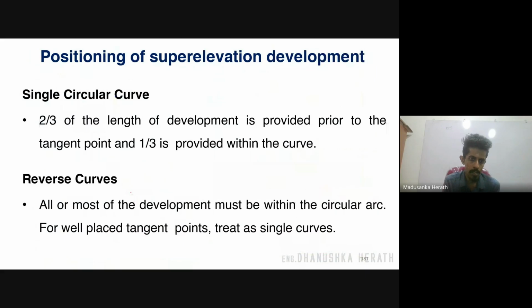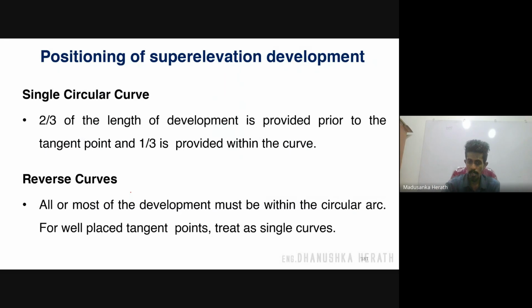Right. Then for a single circular curve, 2/3 of the length of development is provided prior to the tangent point, and 1/3 is provided within the curve. So this super elevation development length is the length where the pavement is rotating, right? So we calculate this length, and we have to keep 2/3 of this length